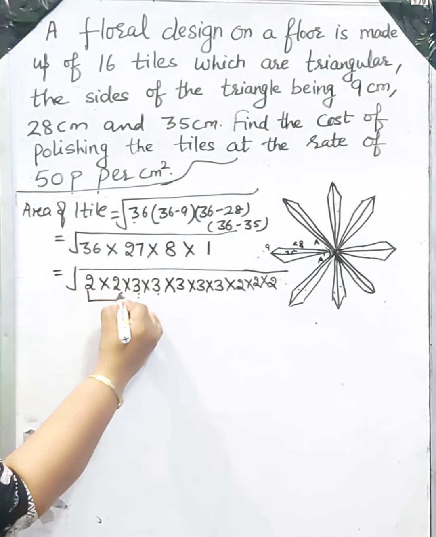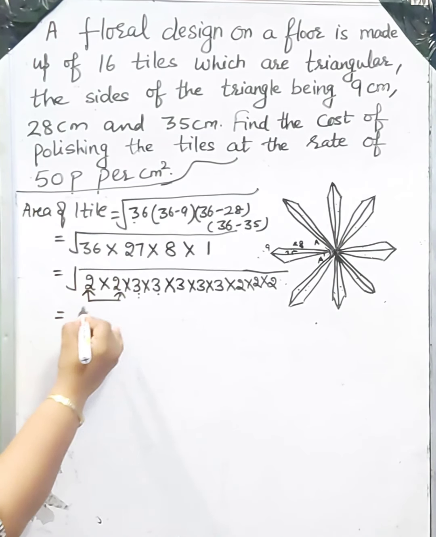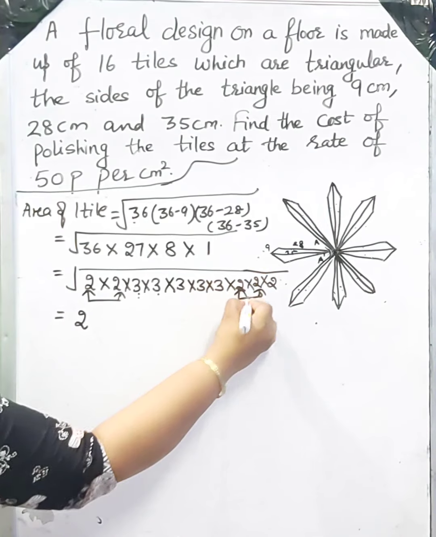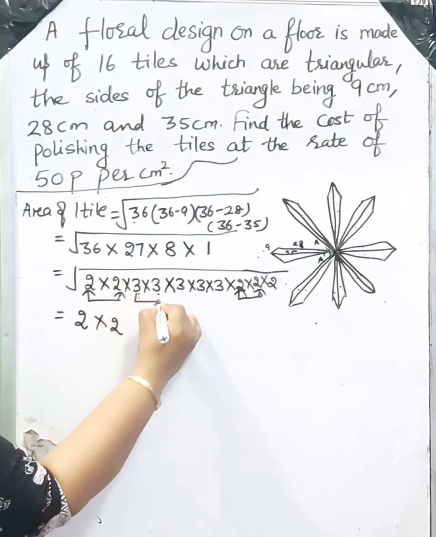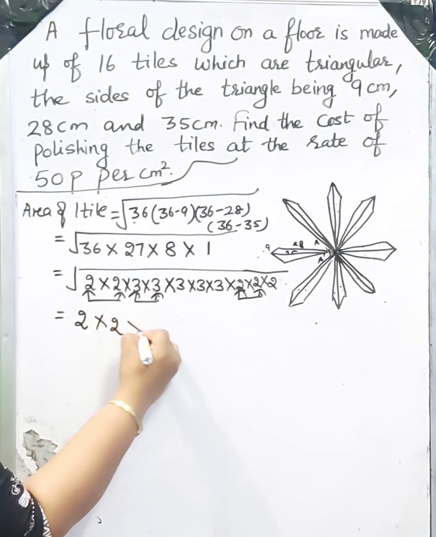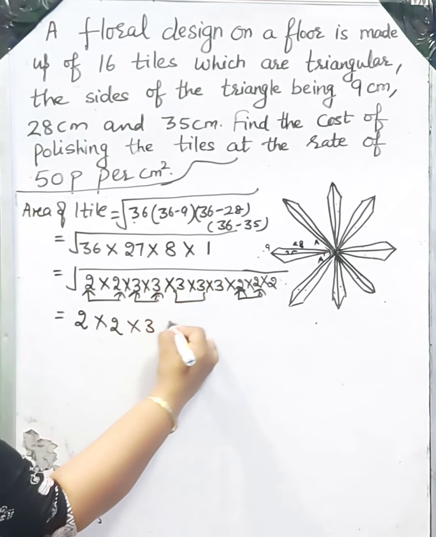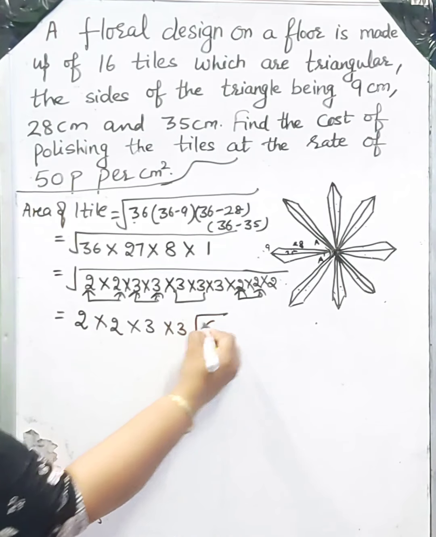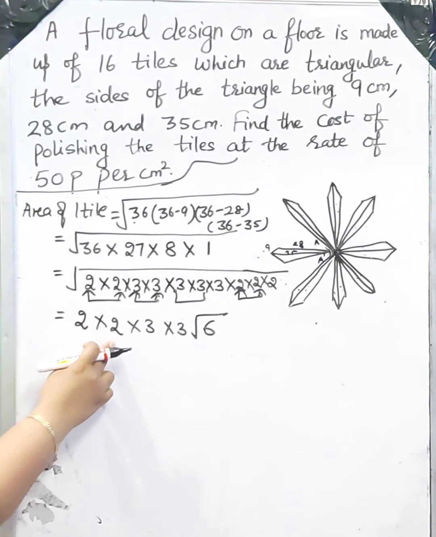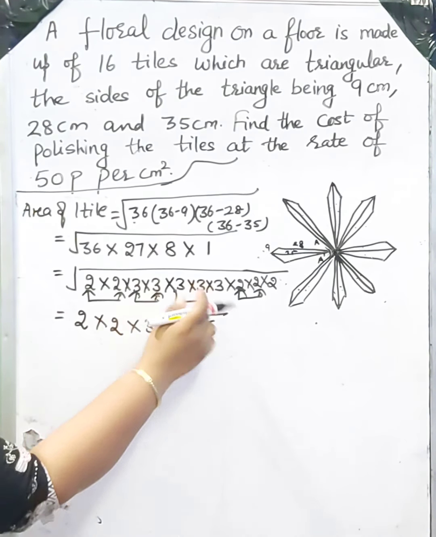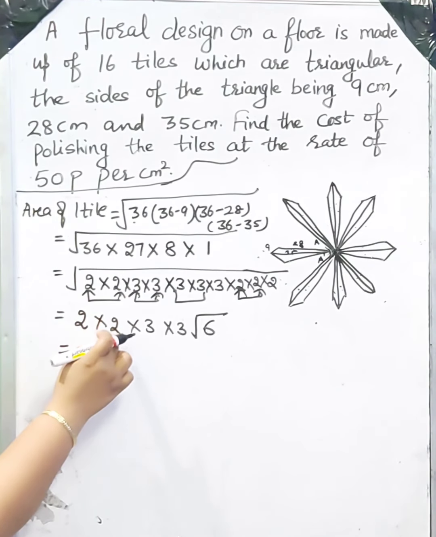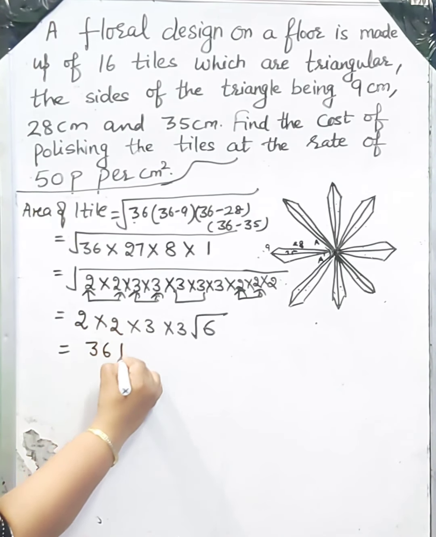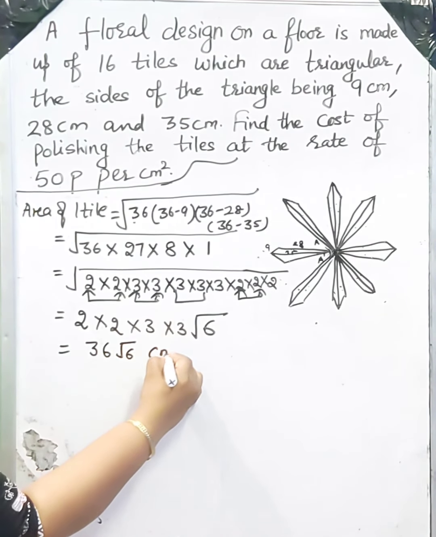Now make pairs of same numbers and bring out one number from each pair. The number will become 2 into 2 into 3 into 3 under root 6. Now multiply this number. 2 2s are 4, 4 3s are 12, 12 3s are 36 under root 6 centimeter